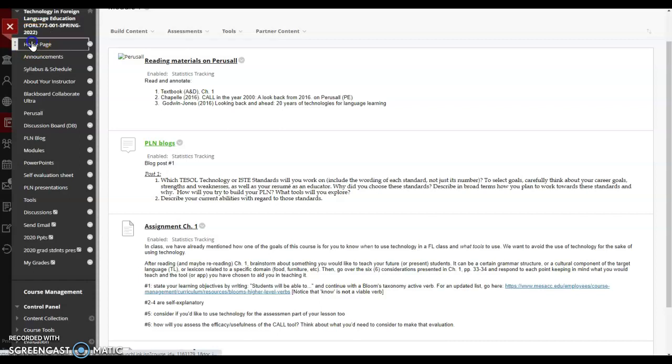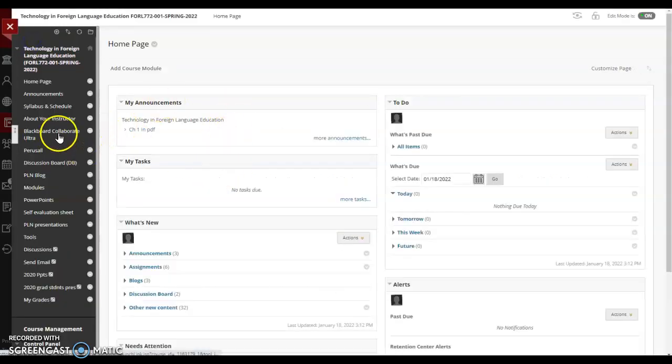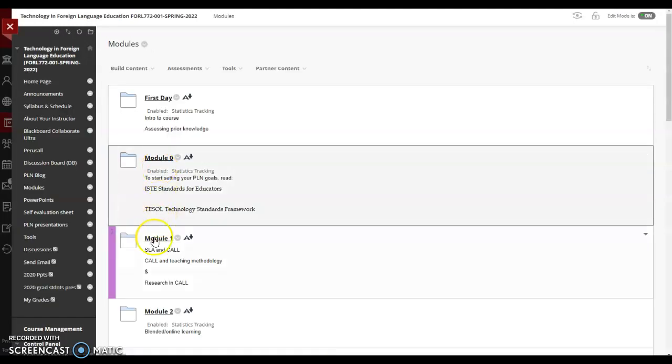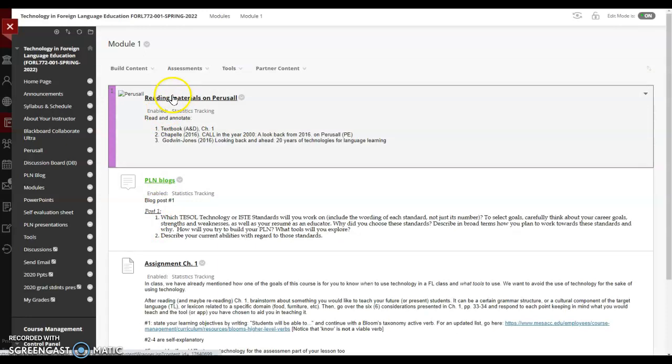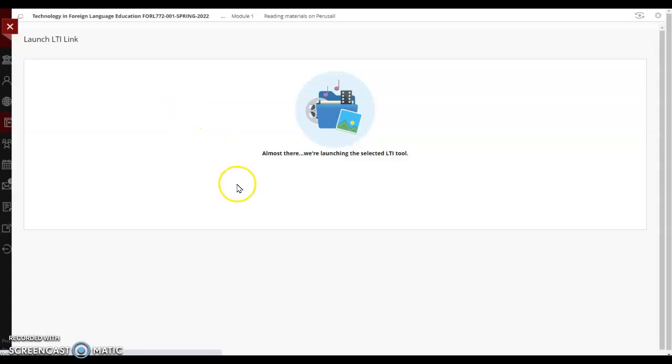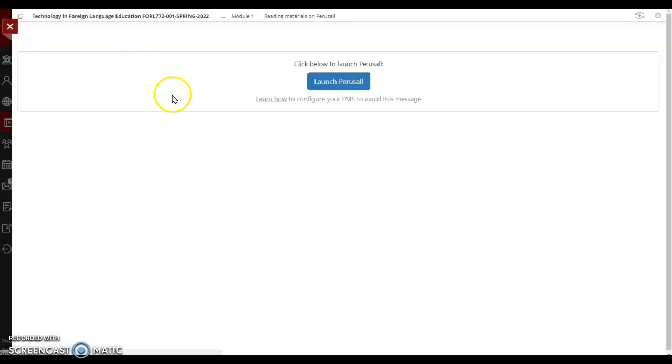So if you go to your home page of your course and then move down to modules, for instance, module 1 that is due tomorrow at noon, you would see that I added an item that says reading materials on perusal so that you'd be able to go in and check out what you have to read. This is where your